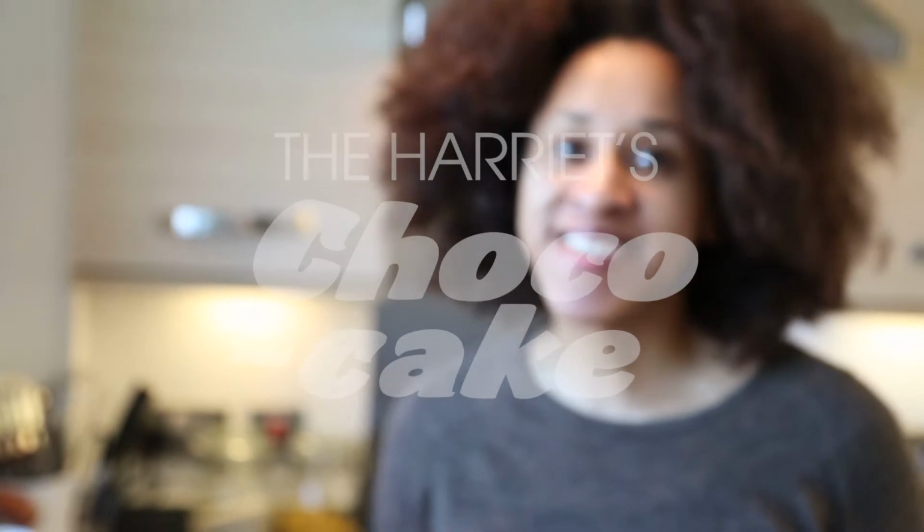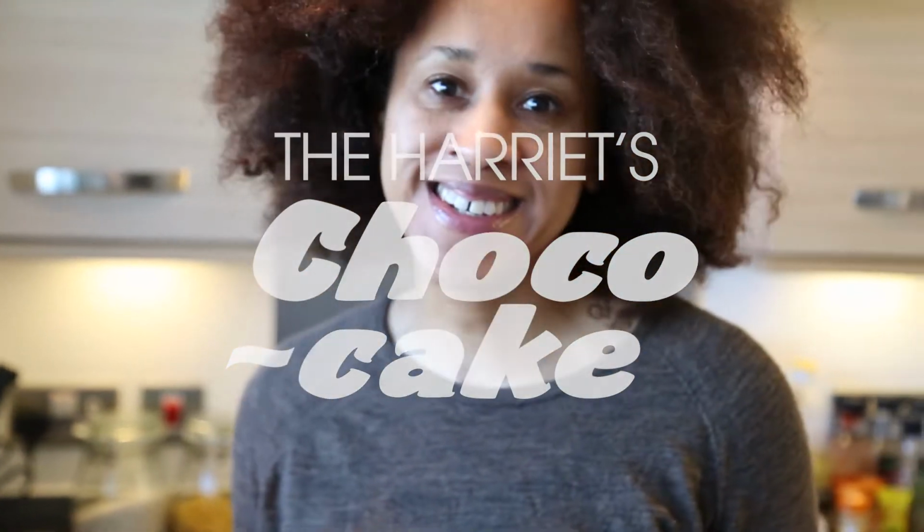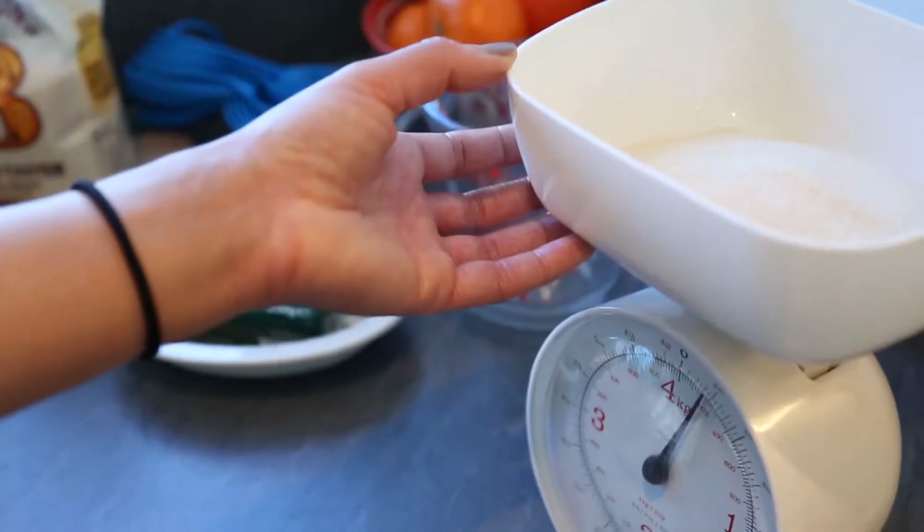Today we're baking. We're making a flourless chocolate cake. It's a very simple recipe and it's easy to make. The ingredients: